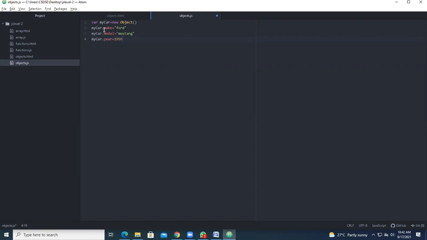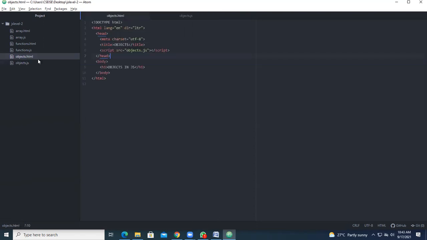Okay. So once you create an object like this, you can have the parameters like this. Now after that, if you want to print each and every value, you can go with a statement. How to print the statement? You can go with alert or you can go with console.log. There are two print statements. For now, I will be taking console.log. Under console.log, you can have myCar.make. So I will be giving it as myCar.make. Okay, so save this particular thing.